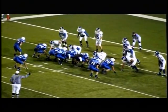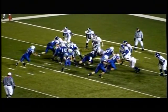Back to that double wing, Vaughn the back behind in the backfield. We put her in motion to the